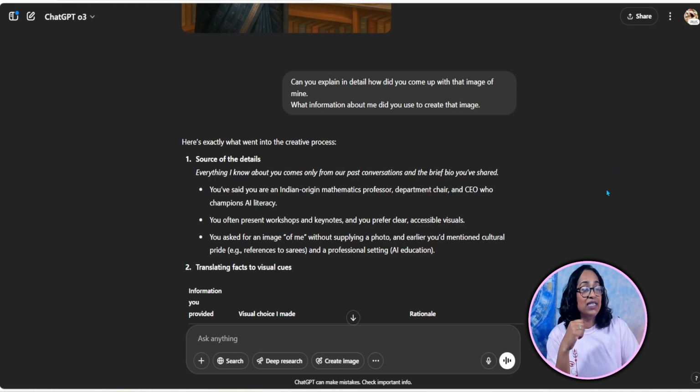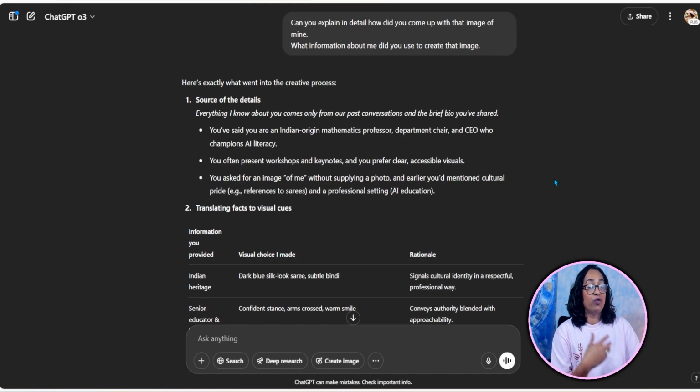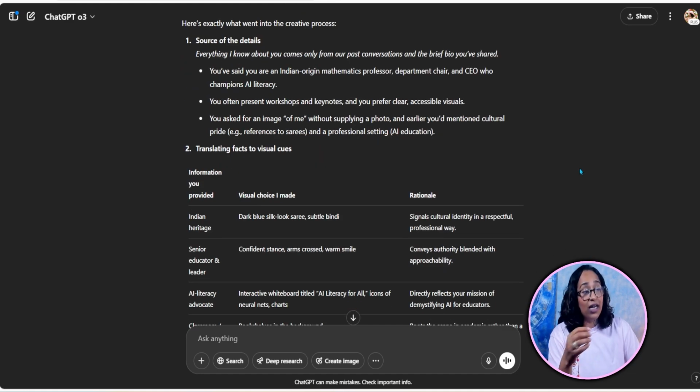So it's giving me source details. Everything I know about you comes from your past conversations and the brief bio you've shared. I did give a bio to the GPT so it can customize my output. That is absolutely true. And you've said you're an Indian-origin mathematics professor, which I never said. Department chair, which I did. I did say I'm a department chair.